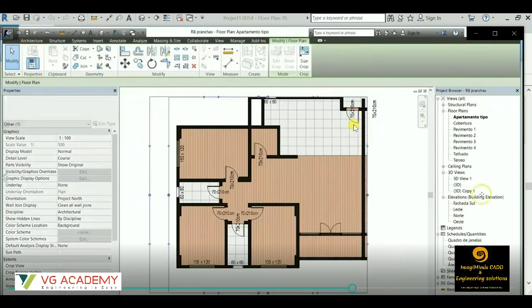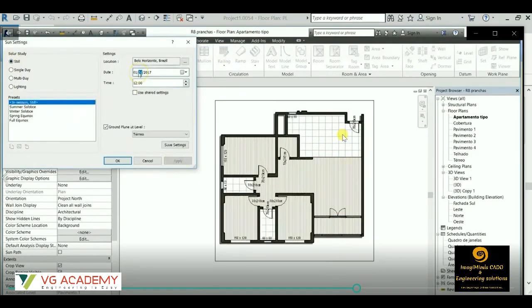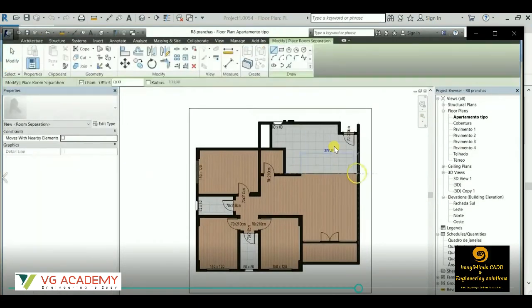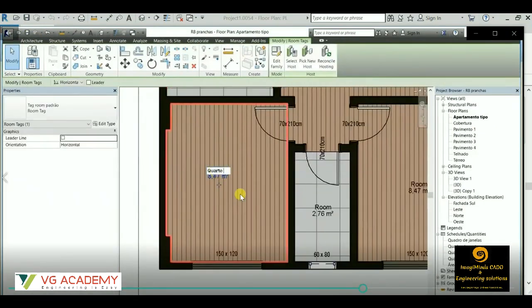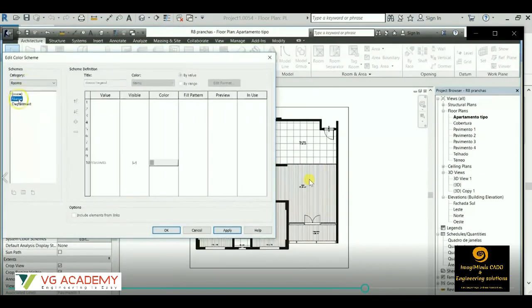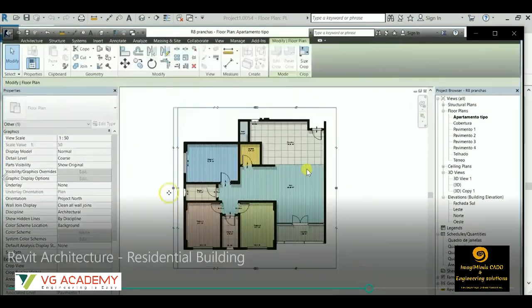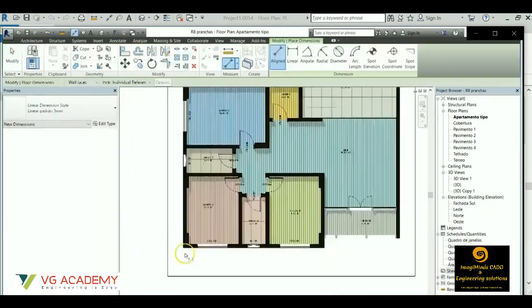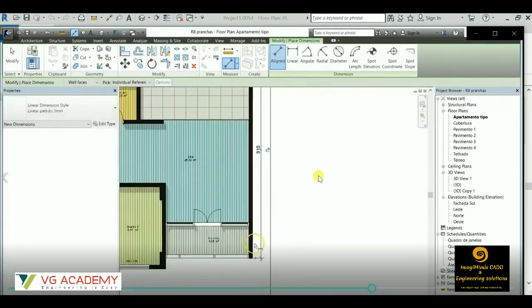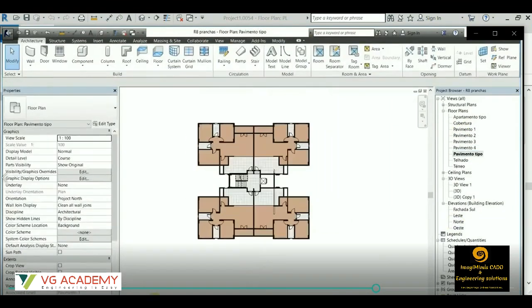So guys, there is another feature: you can tag each and every room. In AutoCAD, you had to draft over here what is the name of the room. You had to write over there, right? But here you can tag separate rooms by this process, as you can see over here. Then you can create separate color legends like this. Each and every room can be presented with different colors so that each and every room can be distinguished. After that, we can create separate schedules for these rooms, which I'll show you now.